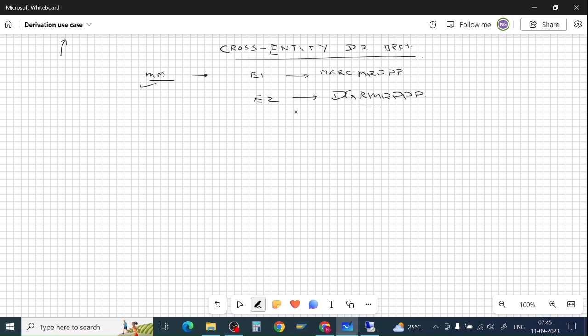So in a standard data model there are two entity types, and we'll use the derivation logic to influence